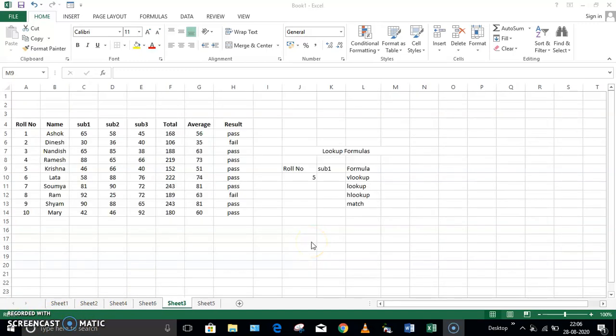Now let us start seeing the lookup formulas in Excel. This lookup formula in Excel is very important and very useful whenever a person wants to search for a certain set of data in the Excel sheet. For example, if I wanted to know the marks scored by a particular student in a particular subject, I can do it by using this lookup formula instead of scrolling the entire sheet.